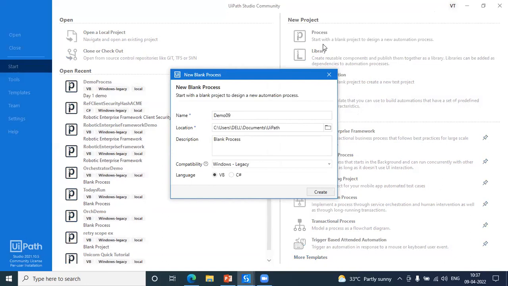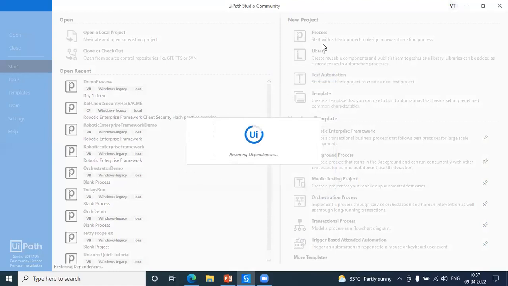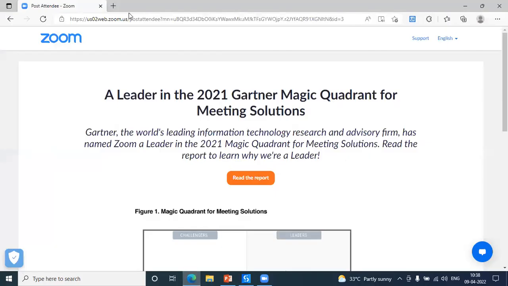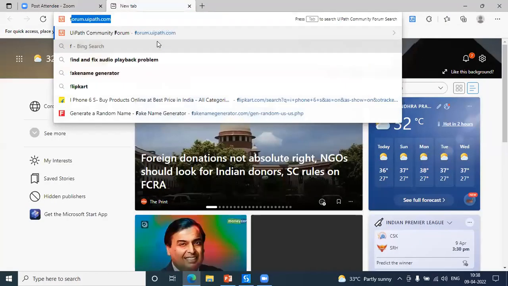That is my process name, which I'm going to automate. Now I just wanted to show you one automation. I need to go to Flipkart,